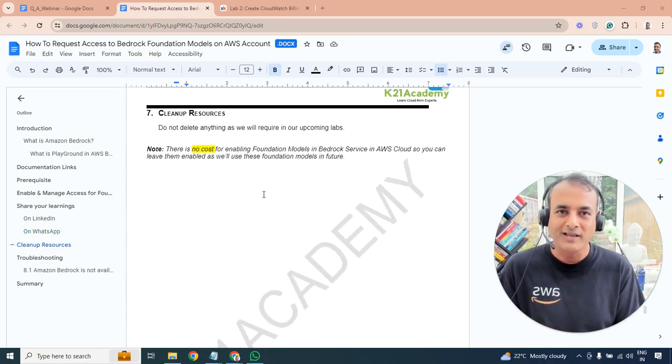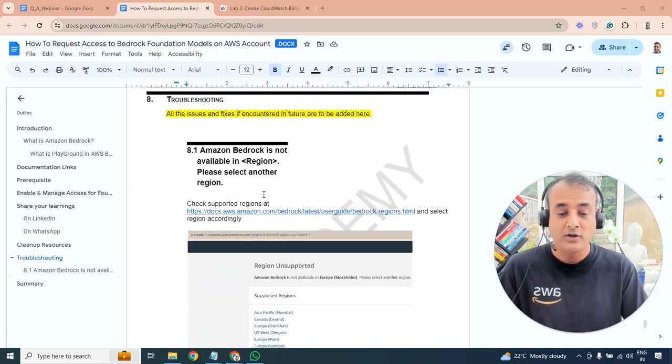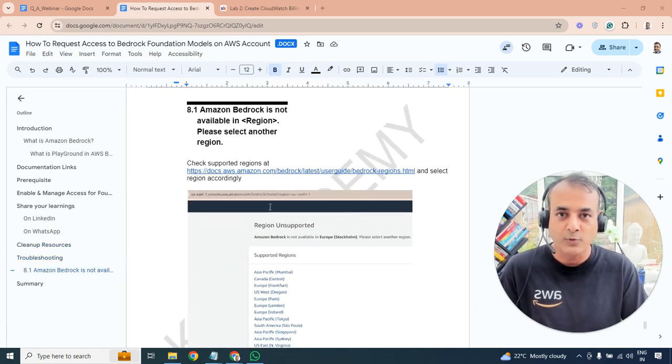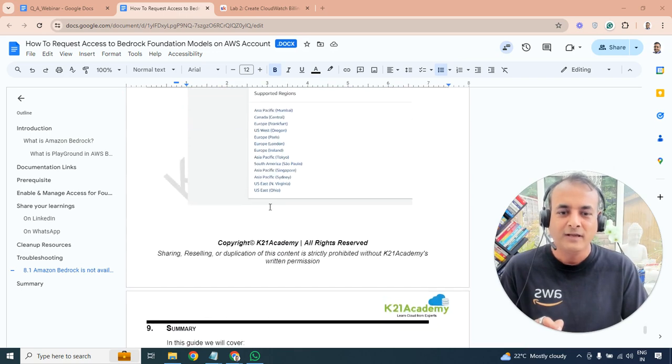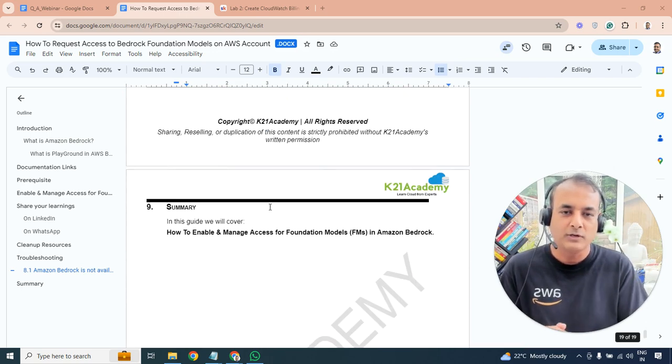Now, there's nothing to clean up. You can leave it as it's running. As I said, there's no cost involved in that. And if you hit a problem, only one issue was there, region was not supported, but I hope now you have clarity on these things. But if you hit a problem, make sure that you come and watch this lab first, so that we make sure that